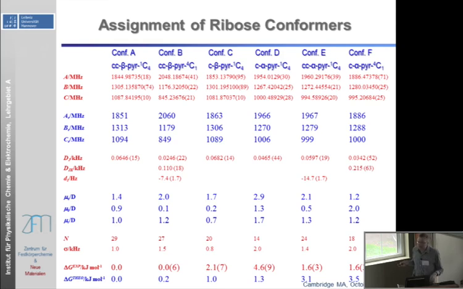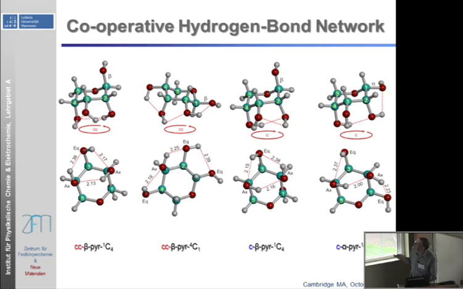Sometimes, if A, B, and C are a little ambiguous, you can also look at the dipole moment component. Sometimes A, B, and C are very similar for two conformers, but the dipole moments differ. So we look at how the A, B, and C transitions behave when you change the power, and use this as an additional source of information. And then finally we assign these six,